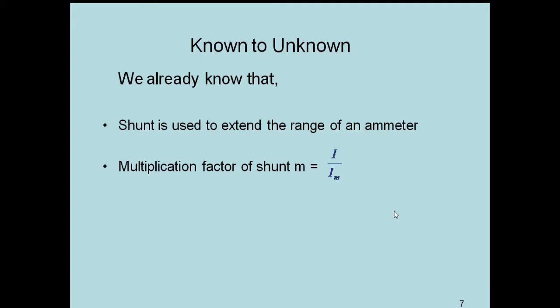A shunt is used to extend the range of an ammeter, and the multiplication factor of the shunt, M, is equal to I by Im, where I is the current which we need to measure, and Im is the current which is flowing through the meter. The shunt resistance Rsh is equal to Rm by (M minus 1),